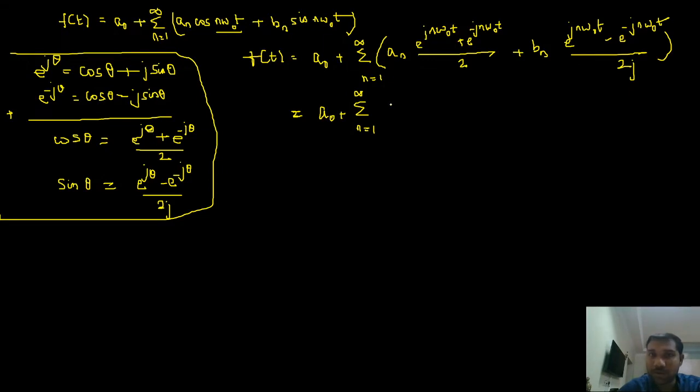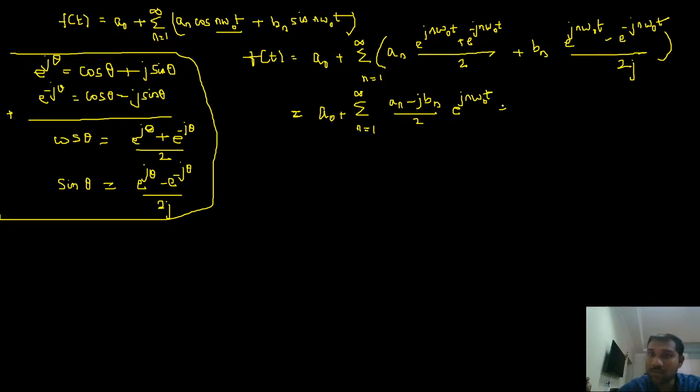What is the common thing here? e^(jnω₀t). I can write it as an. Then here I have bn, and in the denominator I have j here. So (an minus jbn)/2 into e^(jnω₀t)